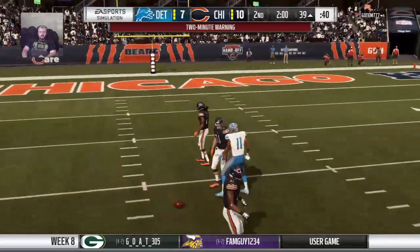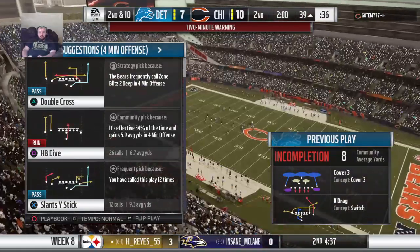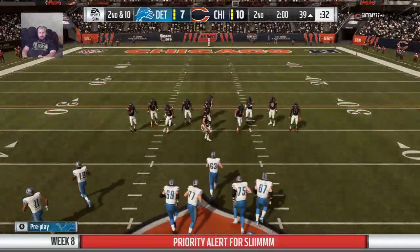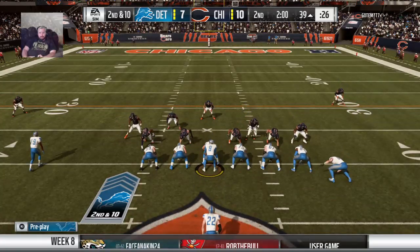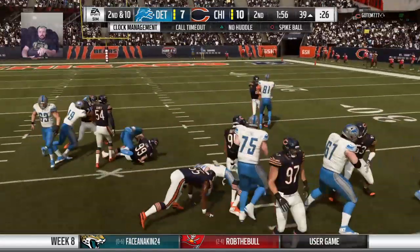And it pops free. The collision there jarred the ball loose and brings up 2nd down. 2 minutes to go here in the first half. We're back to Soldier Field following this short break. So line of scrimmage still at 39 on 2nd and 10. This is McCaffrey on the give. And a short gain there down to the